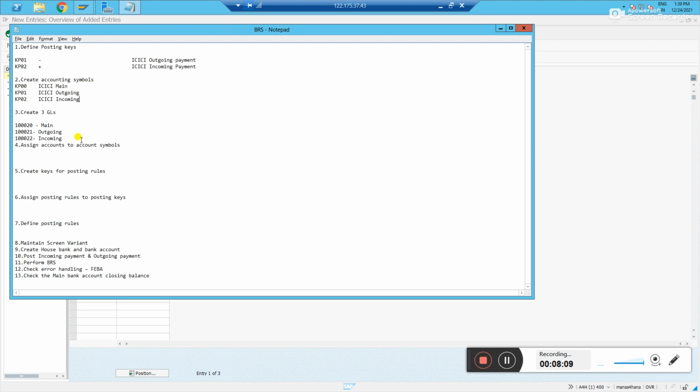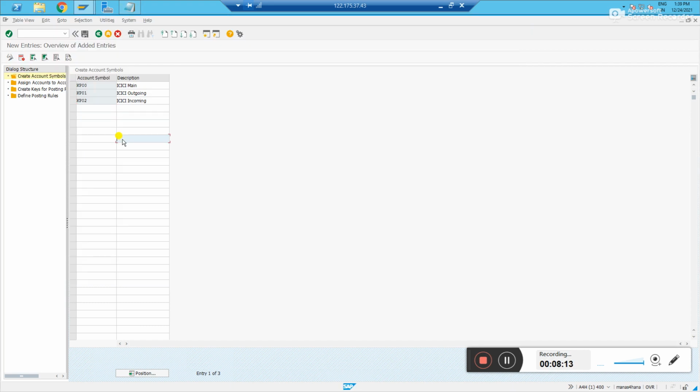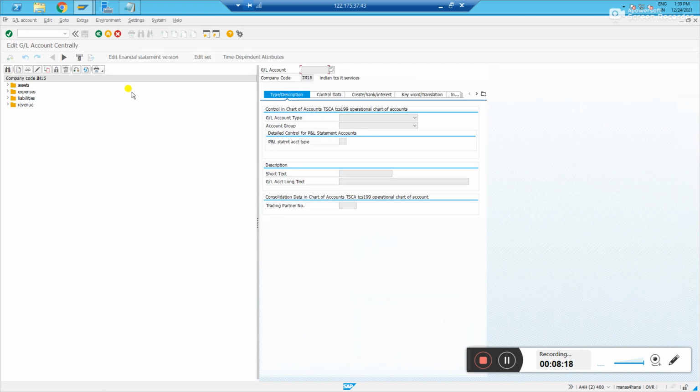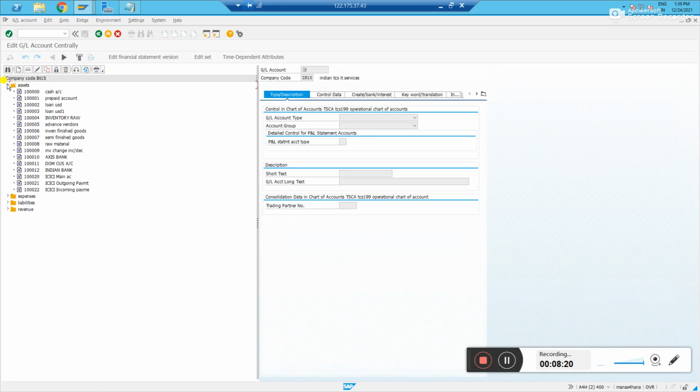Next, we need to create three GL accounts. I have already created them, but let us go and see. FS00, IN15, my company code. Bank accounts are current assets, so we'll create them under the assets group. You see the main account I created ending with 20, outgoing ending with 1, and incoming GL account ending with 2.